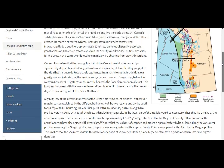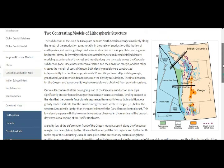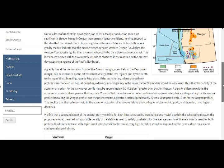Amazing. It's in pieces. In addition, our gravity models indicate that the mantle wedged beneath Western Oregon, below the Western Cascades, is lighter than the mantle beneath the Canadian continent. It's lighter. This low density agrees with the low mantle velocities observed in the mantle and the present-day extension regime